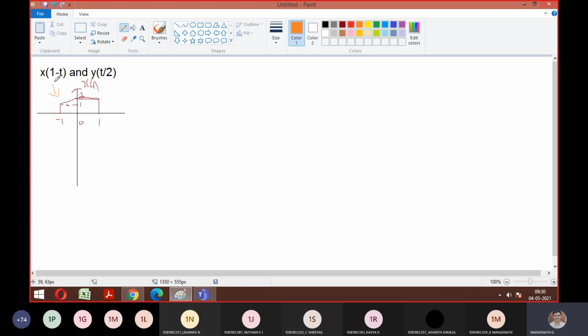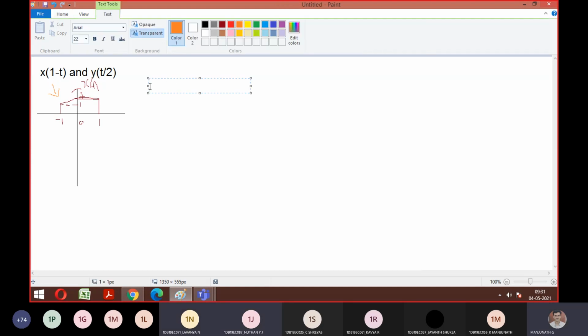Yeah. So how to proceed with this? See, if it is x of t minus 1, you know how to do it. But now it is 1 minus t. So what is the procedure you have to follow? We can rearrange it as minus t plus 1. That's what you should be doing. Okay. I will teach you directly also how to plot this. So first we'll stick with the normal procedure. As your friend told, we should provide this as a rearrangement. So we can do things this way. Is it correct? What I wrote, is it visible? So I have rearranged 1 minus t as minus t plus 1. Correct?